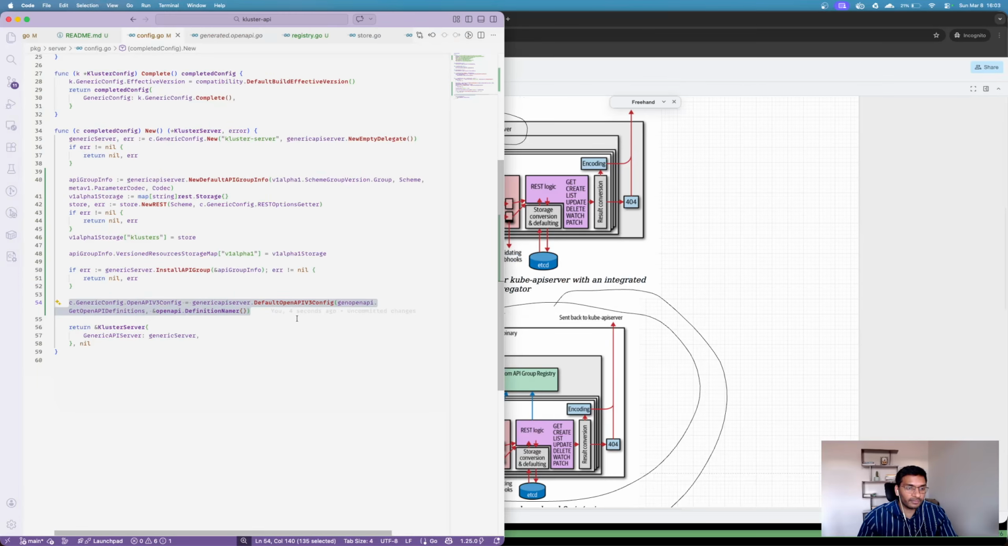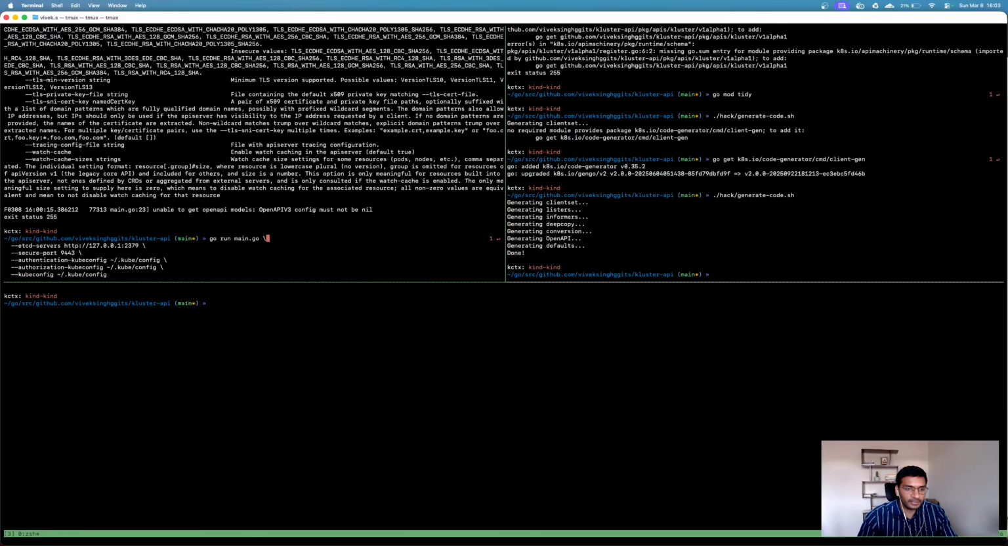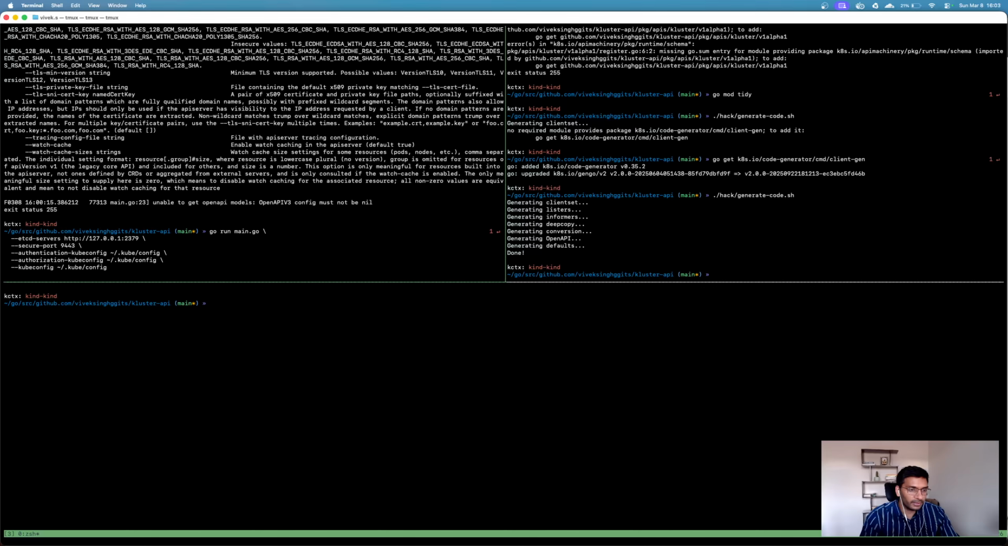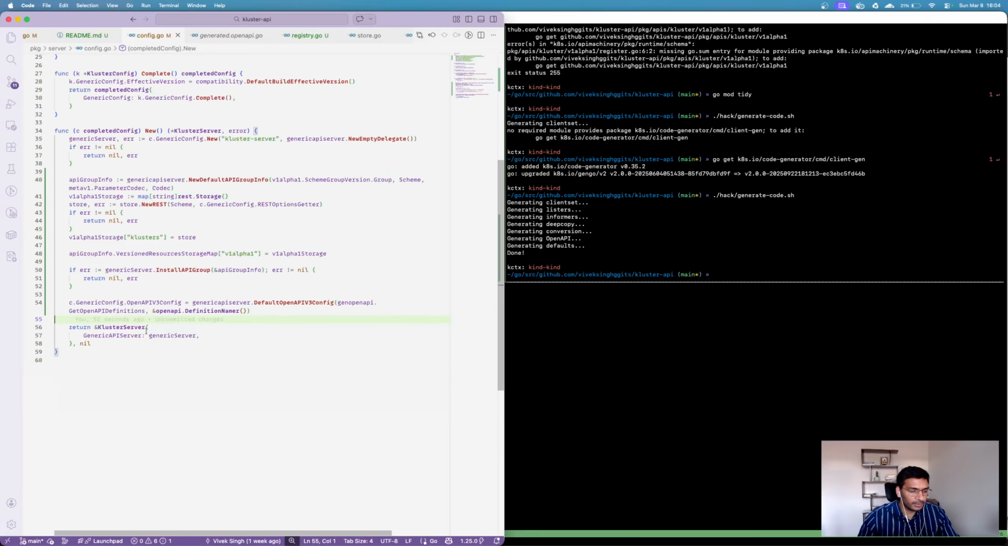So now that we have the OpenAPI v3 installed or configured, let's go ahead and try to run the API server again, and let's see what happens. Okay. Unable to get open API models. It looks like